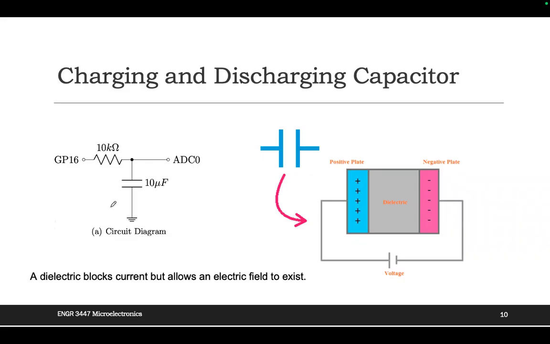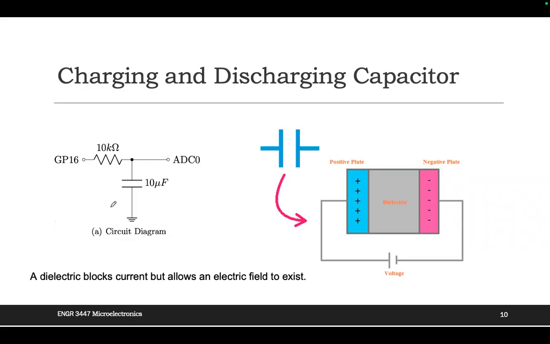The capacitor will discharge once the power gets set to 0, and then the AC will